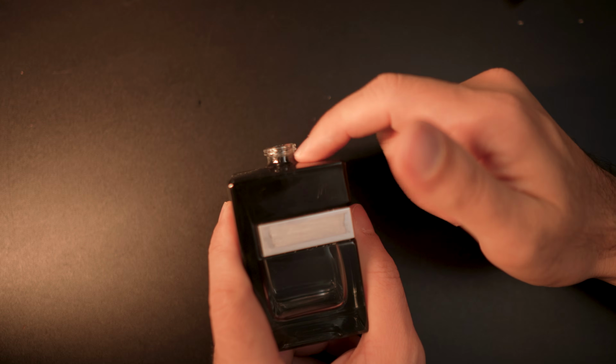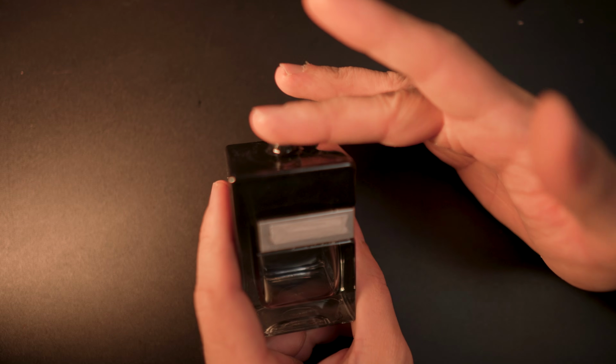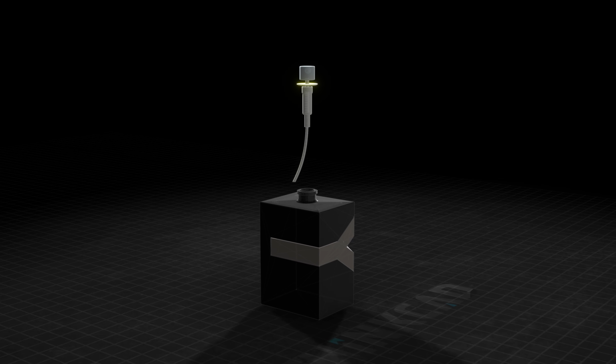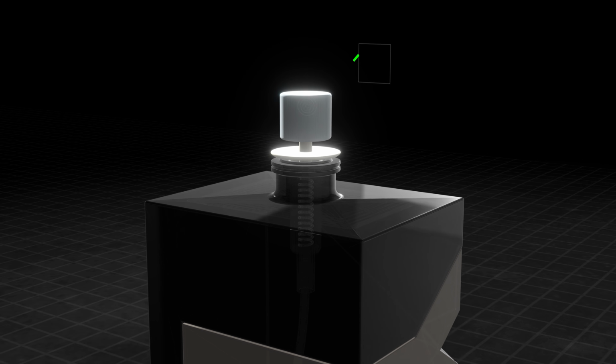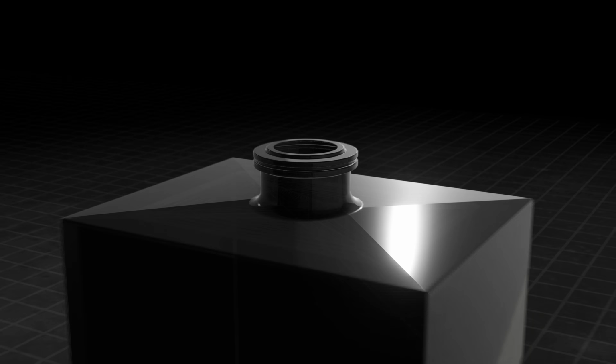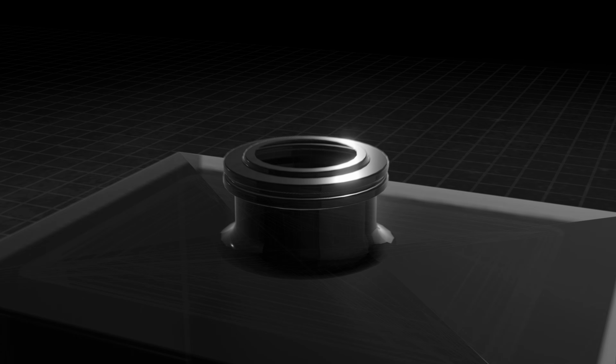And done. At this point, the last step before reaching our hilltop destination is adding the bottleneck. This bottleneck is standardized, so sprayers can properly fit onto it. FEA 15 to be exact. It's essentially a cylinder with the largest cylinder on top of it, so what feature should we use to build